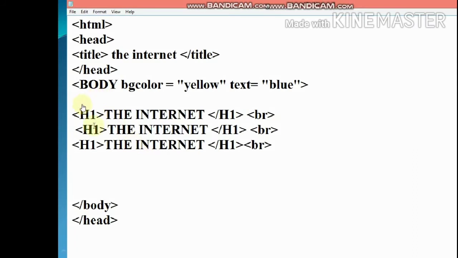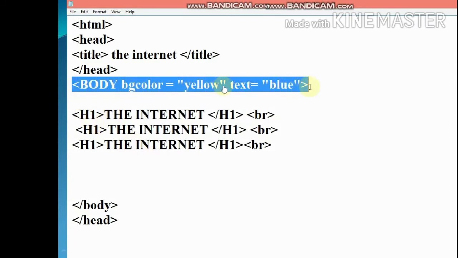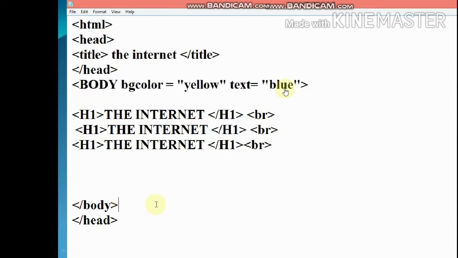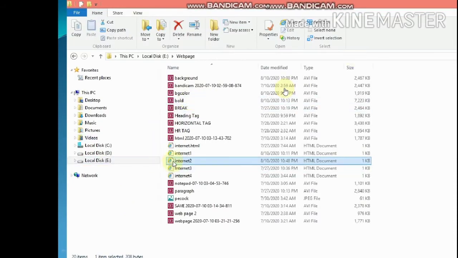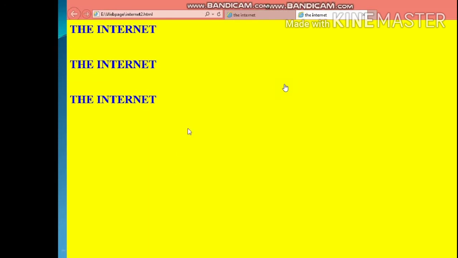Here I am using body BG color equal to yellow and text equal to blue. Now let's see what happens when you run this HTML. See, the background is changed to yellow and the text is changed to blue color.